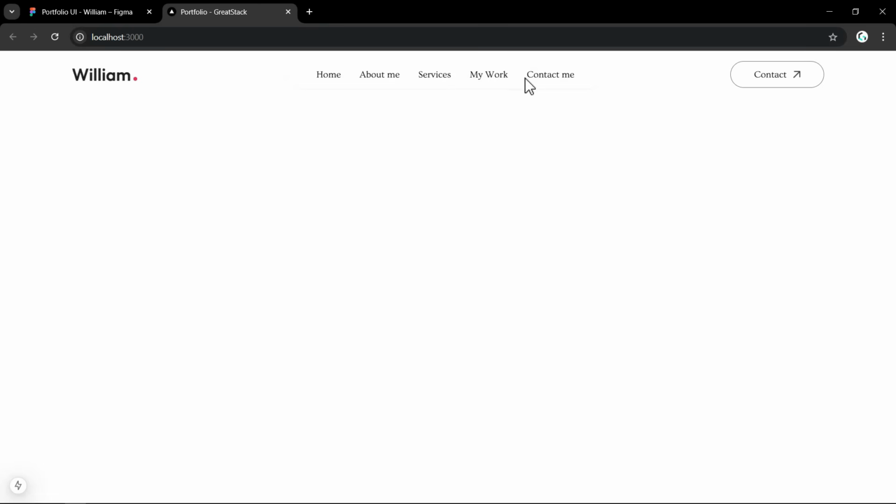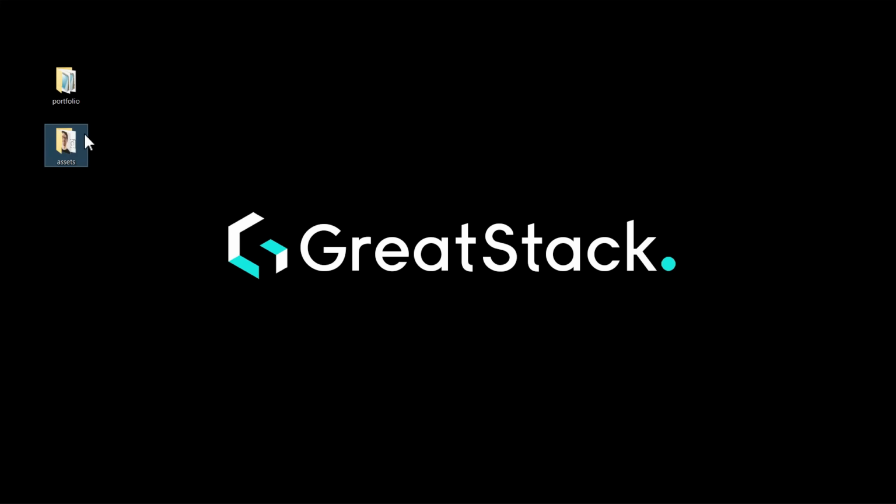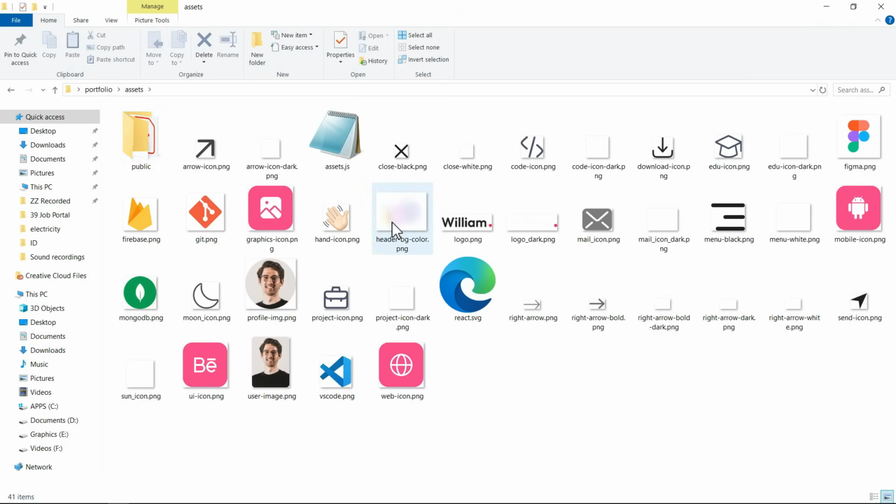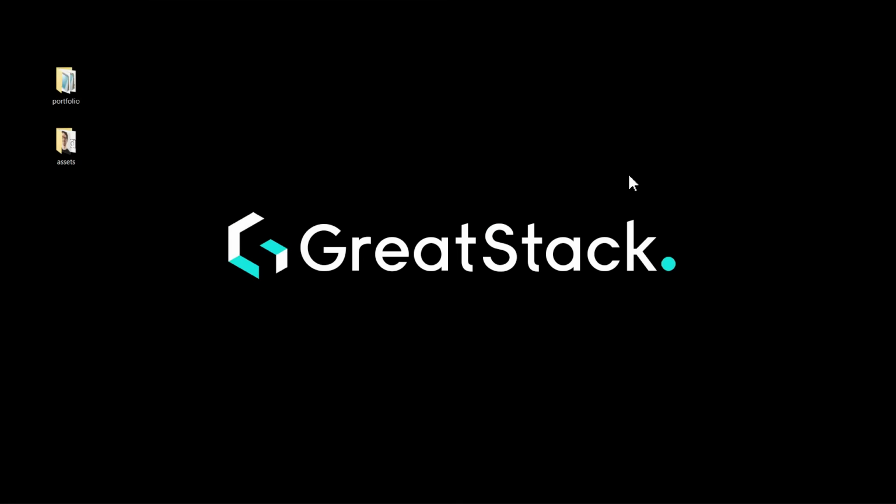After that, we will add one gradient color image in the background of this navbar. So if I come back to the project folder, and in this project folder we have the assets, and in this assets you can see we have one image with gradient color pattern. So we are going to use this image in the background of the navigation bar. For that, let's come back, and here